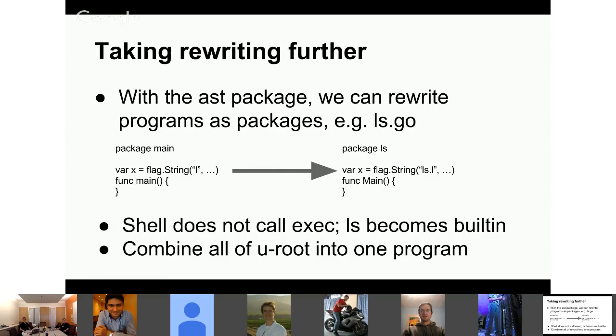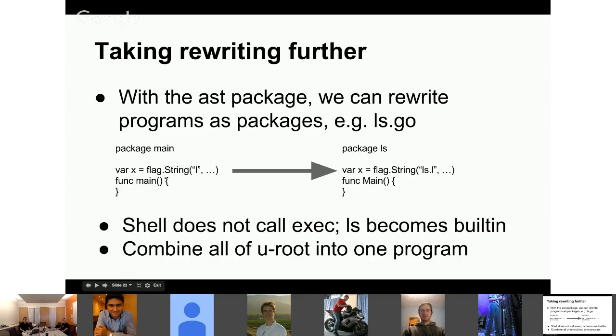I have a command called BB, which stands for BusyBox, which will take all kinds of Go programs, and using that AST package, we rewrite them. Then we drop them into a directory along with the shell source, and we actually build a new shell, much as we built a new shell for the built-in, that has all the commands wired in. So this is the case of the ls command.